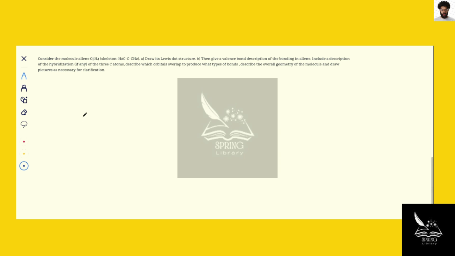Okay, so I'm going to start with the skeleton. H2C bonded to C, bonded to CH2. So a C with two H's, with a single bond to C, with a single bond to C, which has two H's. And I'm going to draw its Lewis dot structure, so I need to add either lone pairs or